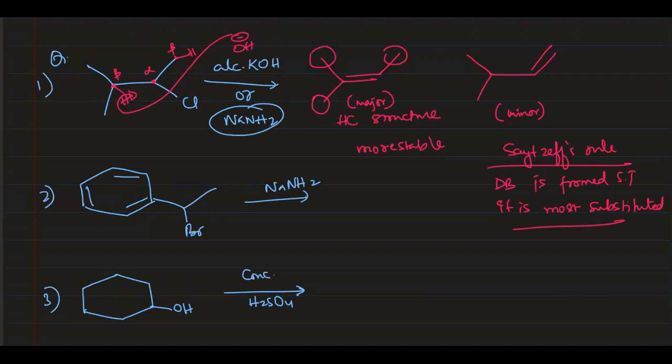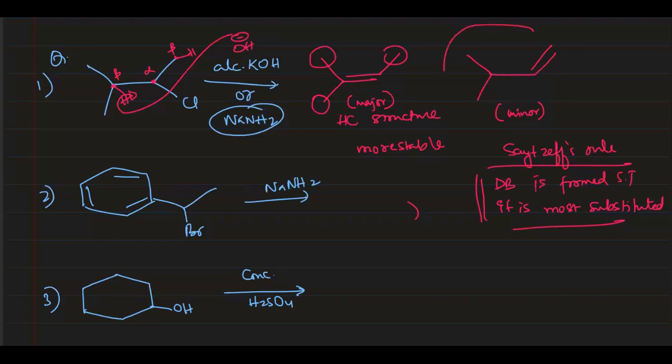So always the double bond will be formed such that it has maximum number of substitutions, and it has maximum number of branches. This maximum number of branches gives rise to more number of alpha hydrogens and more number of alpha carbons. Because more number of alpha hydrogens is there, there will be more number of hyperconjugation structures. Hence, it becomes more stable. So this phenomenon is very important. Whenever we perform an elimination reaction, we should keep in mind to form the most substituted double bond, because that's the meaning when we say Saytzeff elimination.